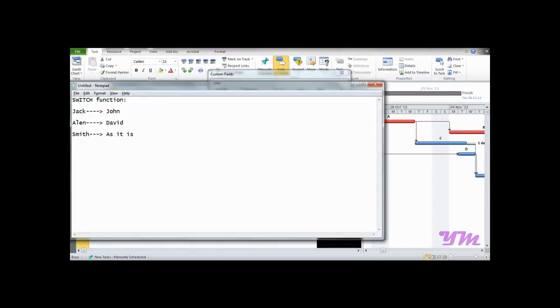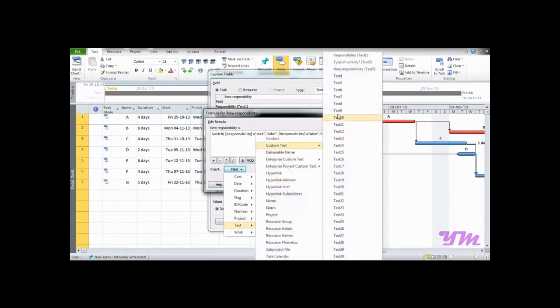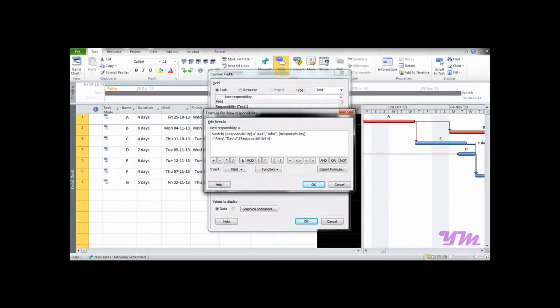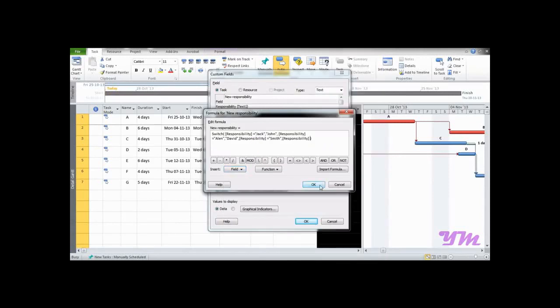While as we saw in the third case, that wherever there is Smith, we want to keep Smith as it is. So now we can add an expression, text, custom text, responsibility, we can note equal to double inverted commas, wherever there is Smith, we want it as it is. So one way is to write Smith comma double inverted comma Smith, but it's not a practical way. So we would write Smith comma and again add a field responsibility over here. So basically what it would do, wherever there is Smith in responsibility column, it would keep the same as it is. So we select responsibility over here and press OK